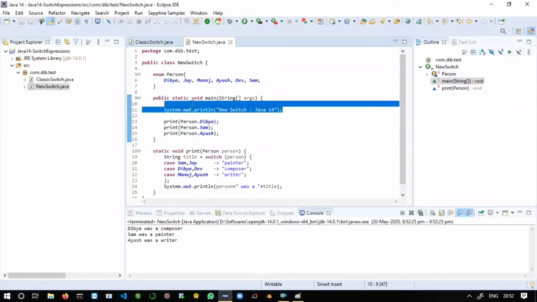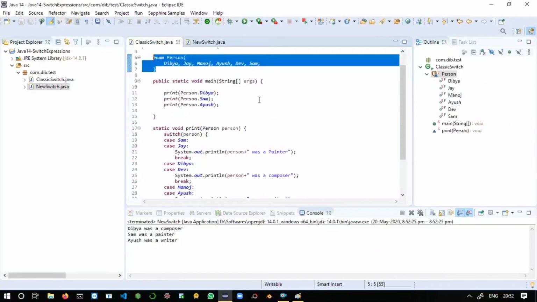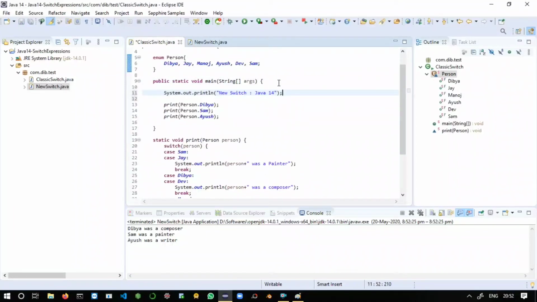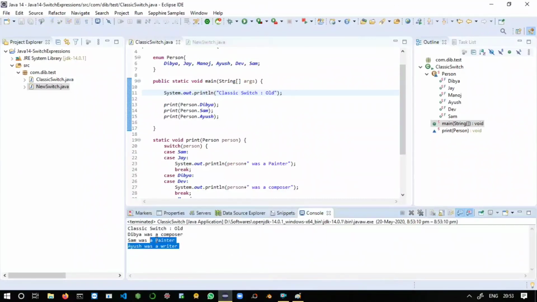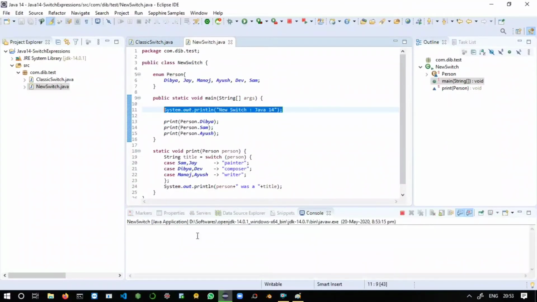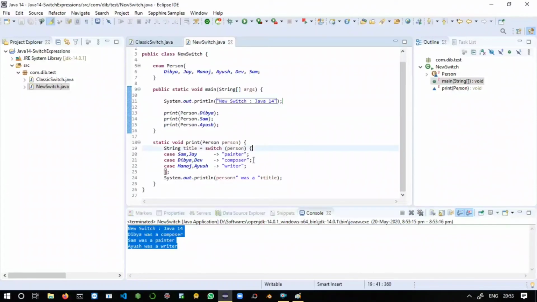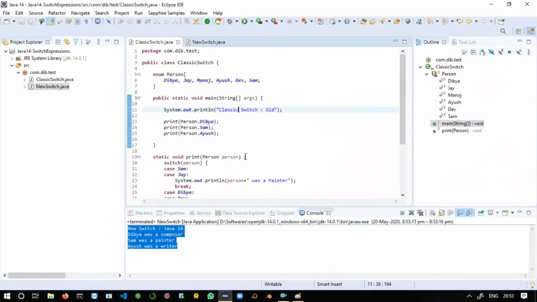There also just copy this and paste it here. Here you can say old, and here you can say traditional or classic switch. Just run this application. Here is our classic one's output and here is our new approach output. So that's it, all about our new switch expression feature of Java 14.